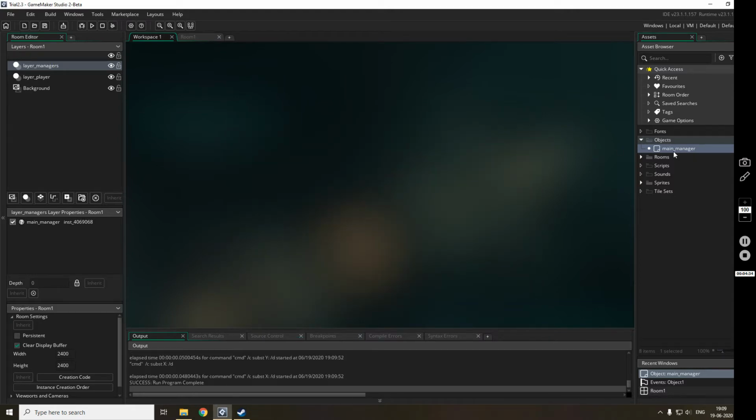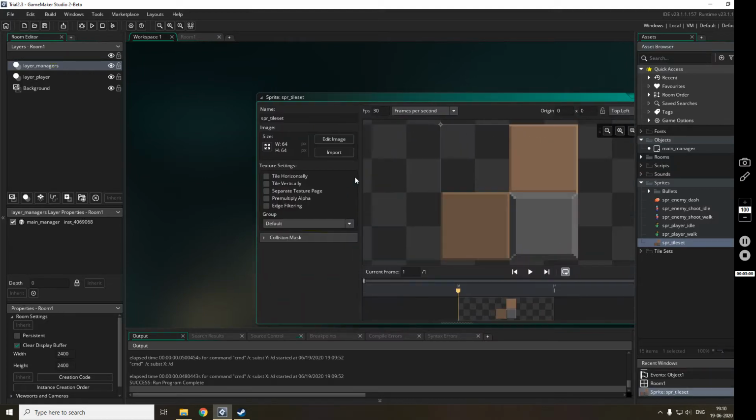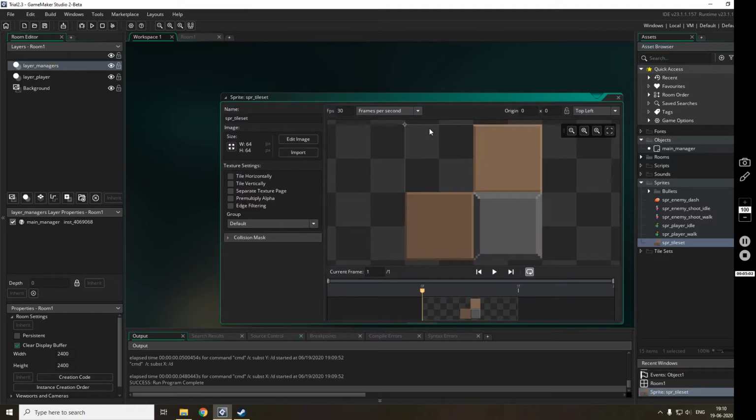And now what we'll do is we will first go into the scripts. First we'll try to create the background. In this video we'll try to create the background, and not the background, basically the tile set, the tile map. So for that I have a tile set. If you want to use a sprite as a tile set in Game Maker Studio, then you have to keep the upper left corner empty.